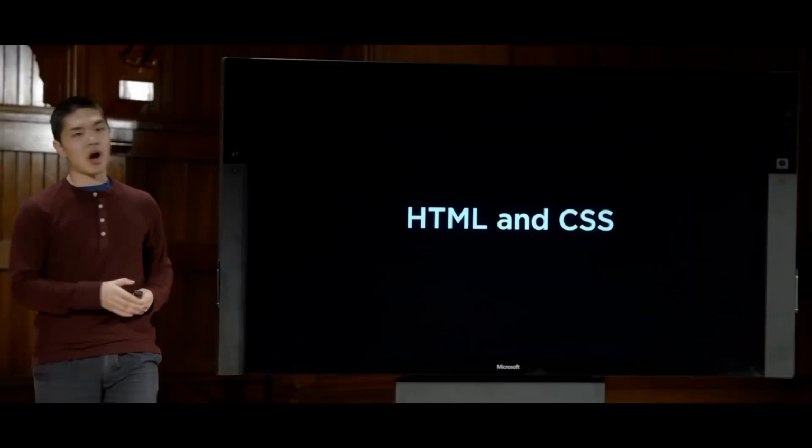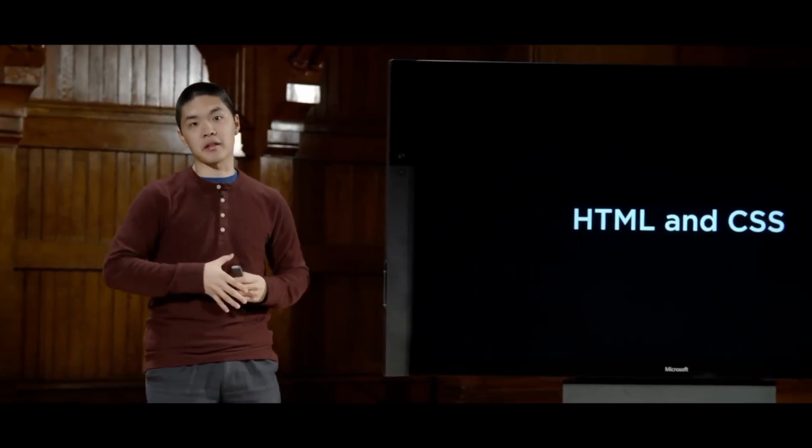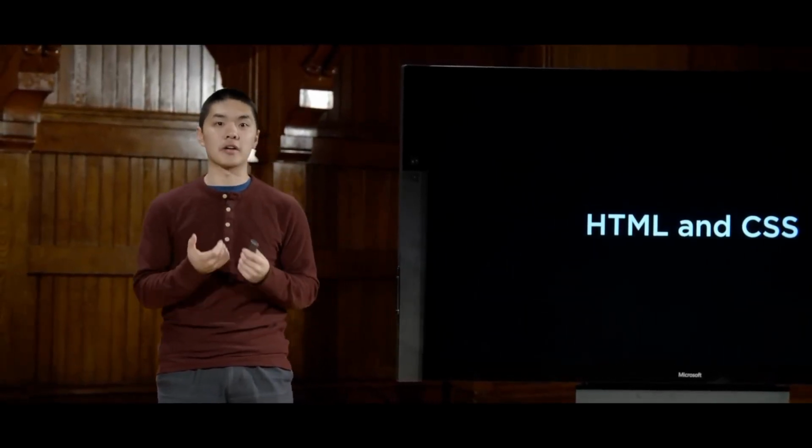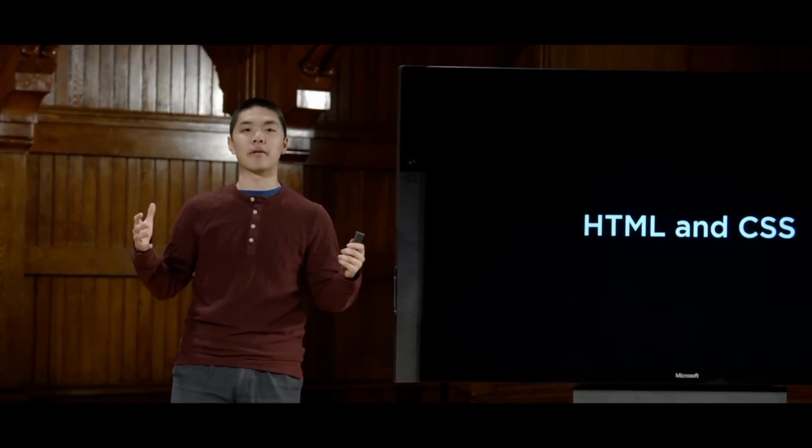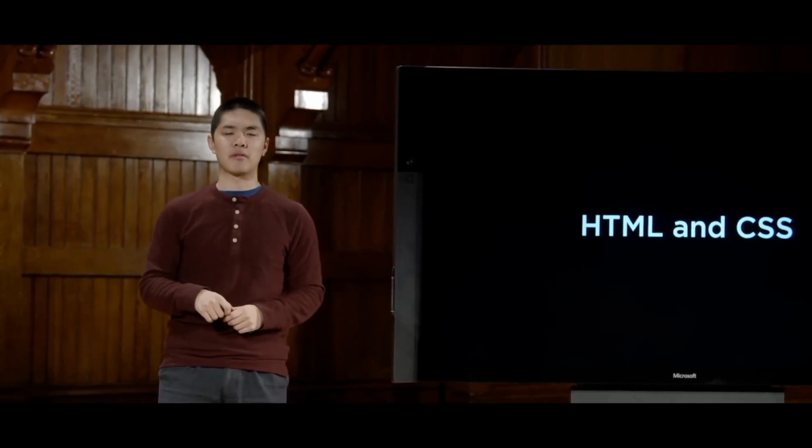But today, we begin our conversation with HTML and CSS, two of the languages that are foundational to understanding web pages and how web browsers are able to display those web pages. And we'll start